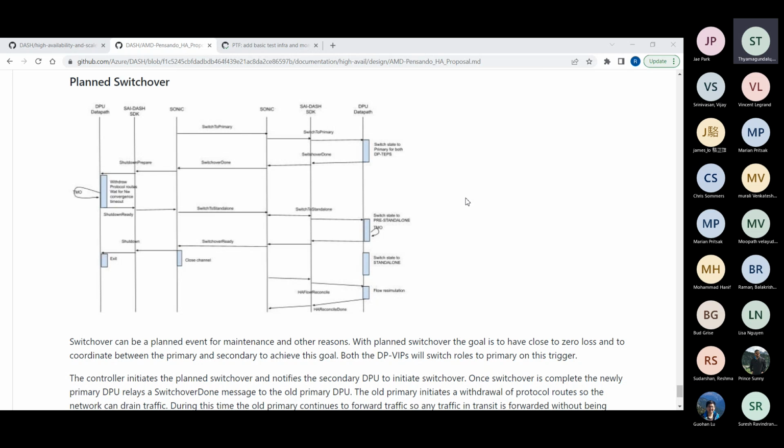Okay, we'll do that. From your question, in active, the same rule that we said applies: when we forward traffic, any state that we get, we sync it to the standby, to the peer. In standalone state, we don't sync anything, so that applies to pre-standalone too. In the top portion, on the left side of the state machine, until it switches over to pre-standalone, we are syncing state to the peer. Once we move to either pre-standalone or standalone, we stop syncing state because we are standalone. We don't have a peer, so to say.